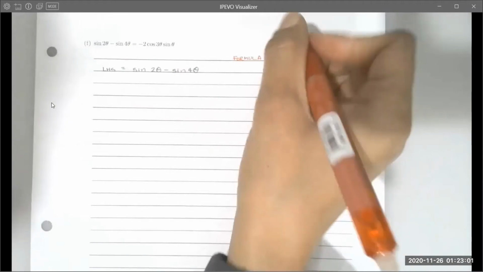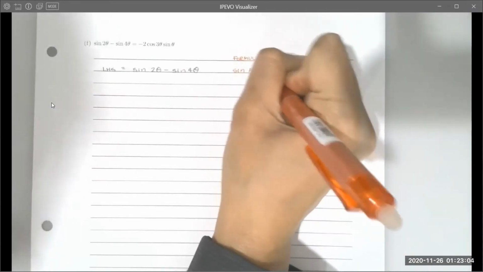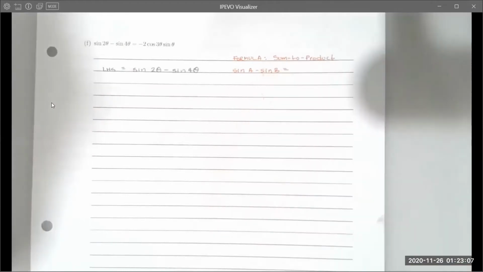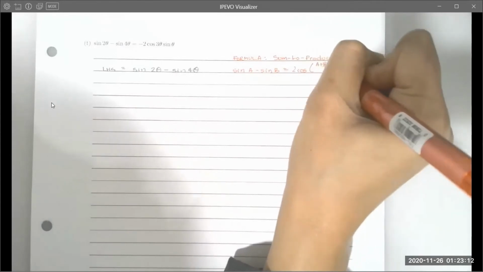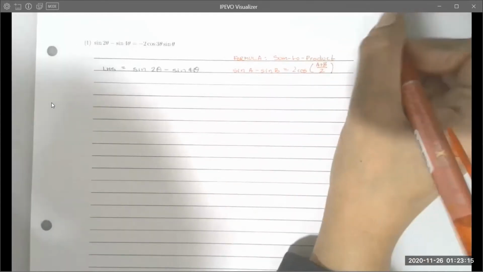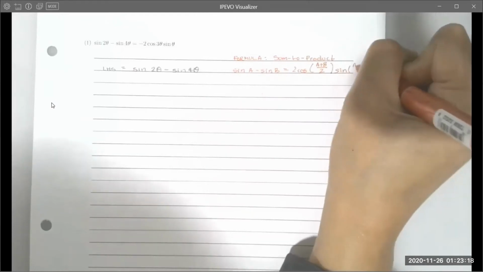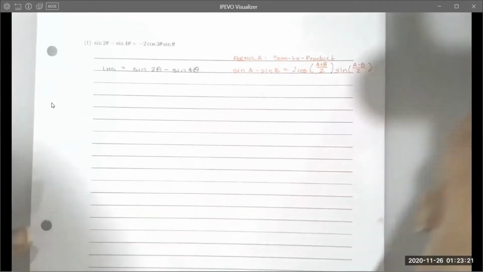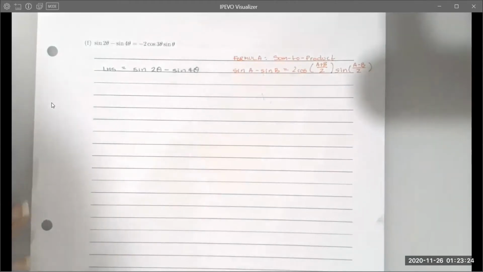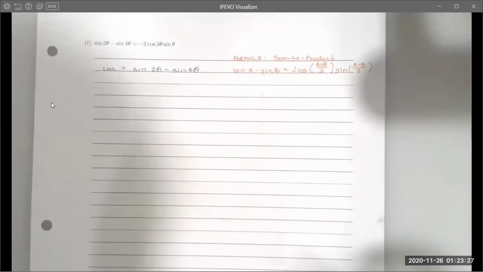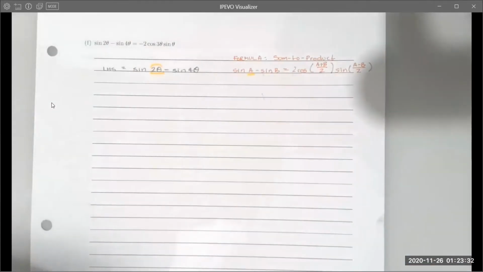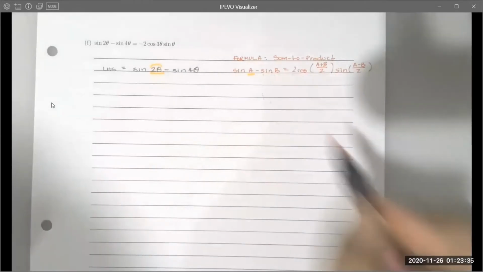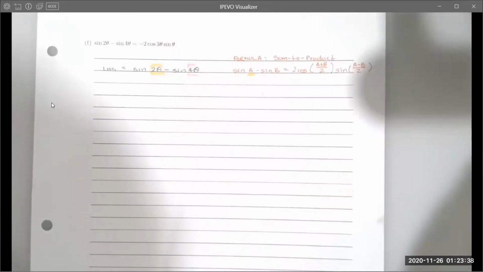Okay, and so sum to product has sine of A minus sine of B is equal to 2 times cosine of A plus B over 2 times sine of A minus B over 2. Right, so if we compare against what we have, we have a 2 theta for A, and we have a 4 theta for B. So if we apply the formula,